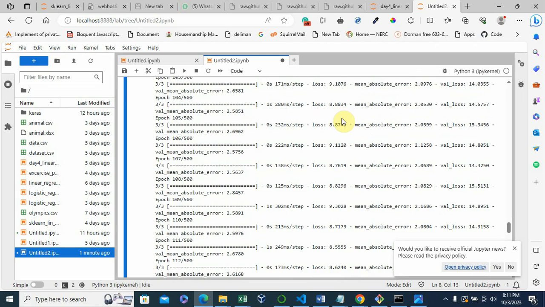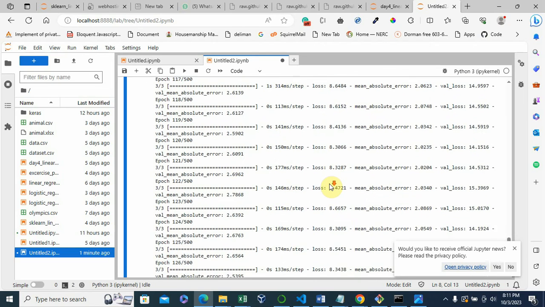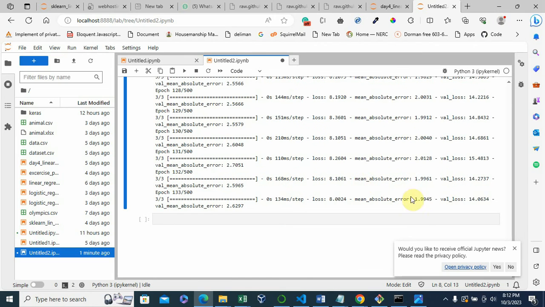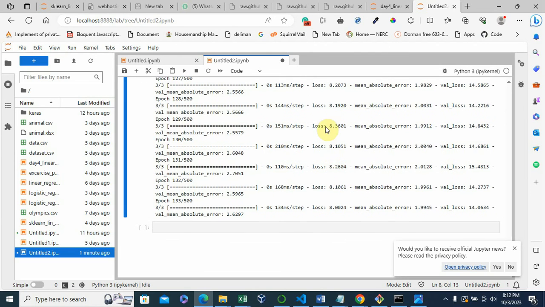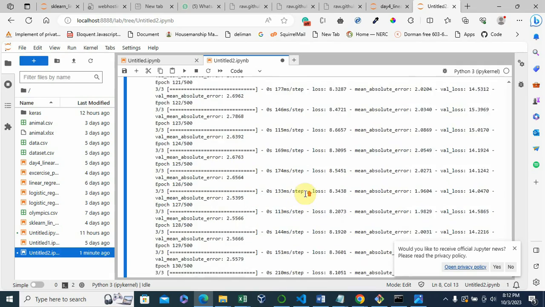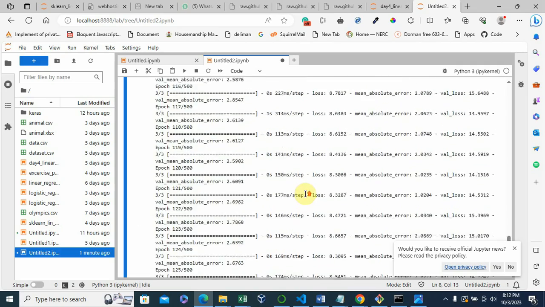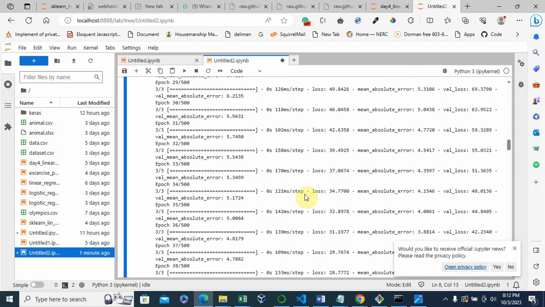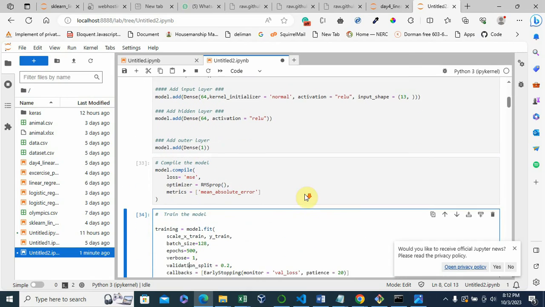From 500 and something to this, the mean absolute error also reduced, and the value loss stabilized. When the loss function stabilizes at some point, the training stops, and it means that this model has learned reasonably.